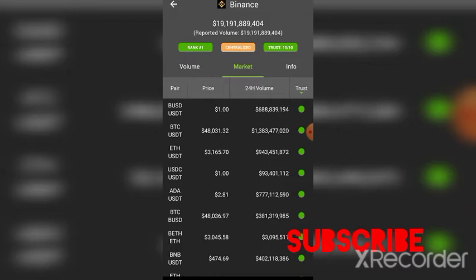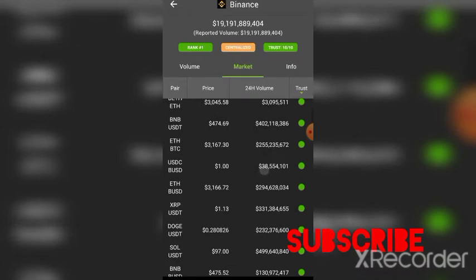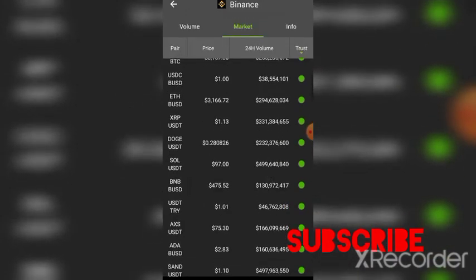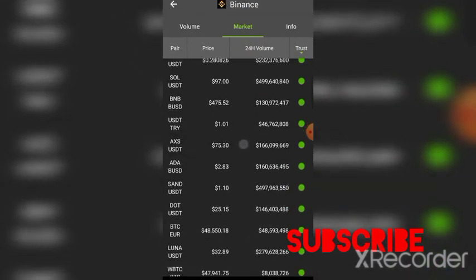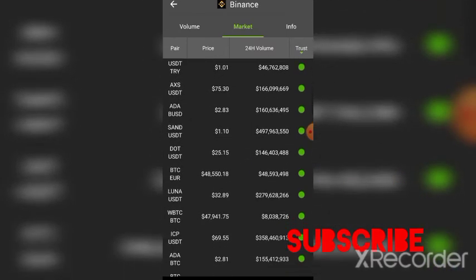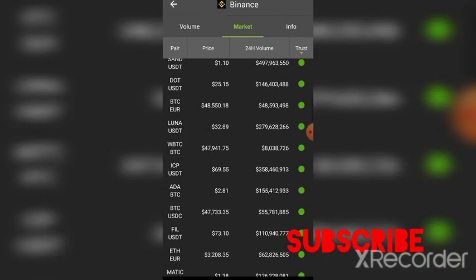You search it, and you will see BUSD, USDT, Bitcoin, Ethereum, the popular coins. You look for coins that are not popular and begin to note them. For example, this is Dogecoin, this is XRP, this is Solana. These coins are big coins, so they have high market cap. You look for a coin that is not very popular. For example, SAND is not popular, so you can use this coin. Or you keep scrolling down, look at this, Luna is not popular, so you take note.